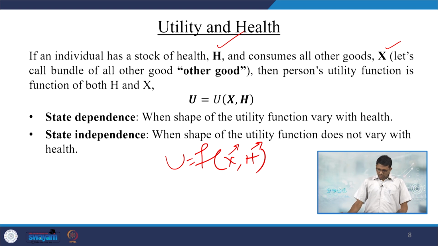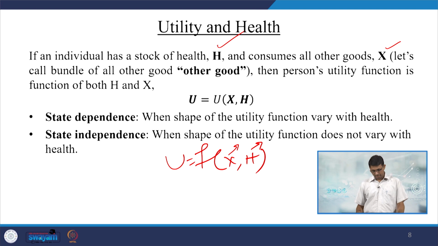Now, to clarify our utility function further, we will explain two important concepts in health economics: health state dependence and state independence. When the shape of the utility function varies with health, it is called state dependence. When the shape of the utility function does not vary with health, that